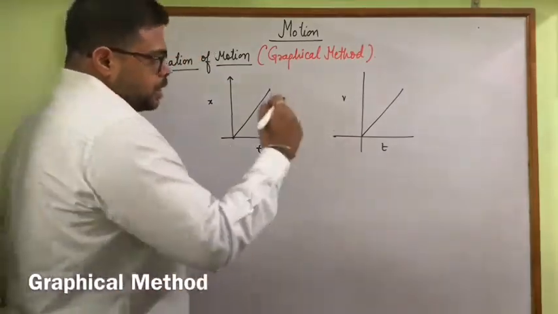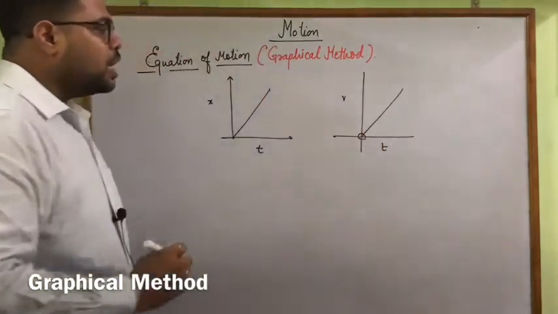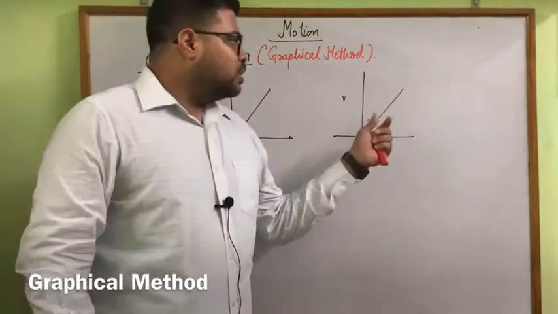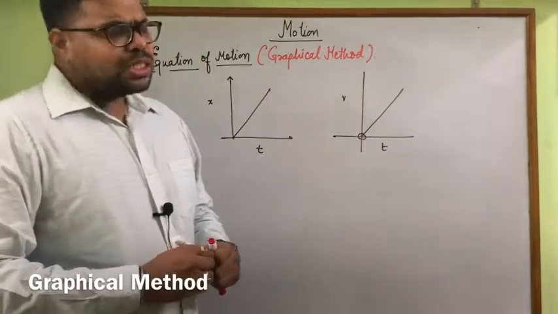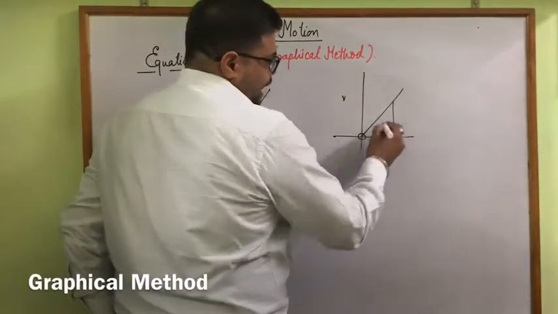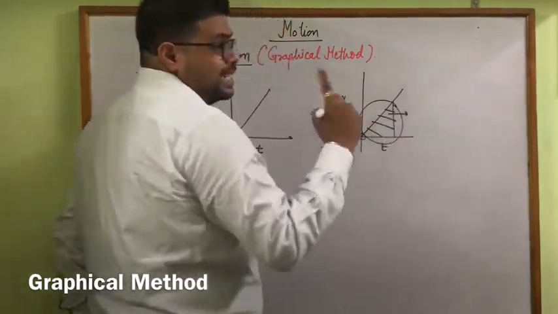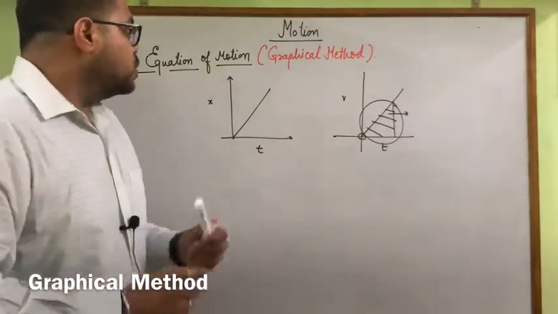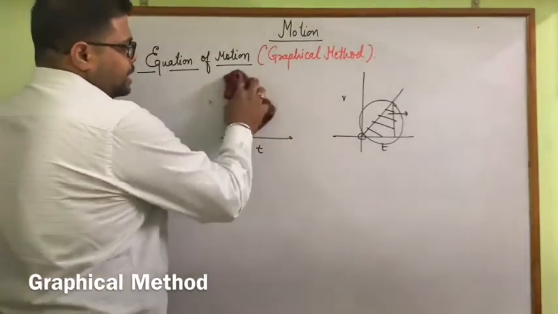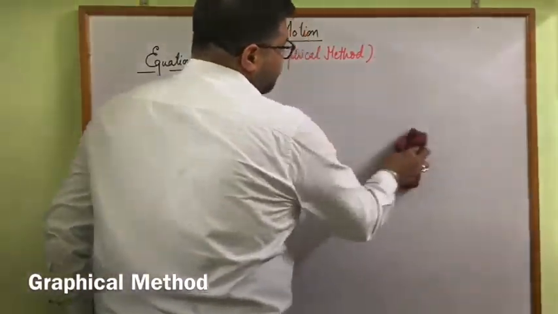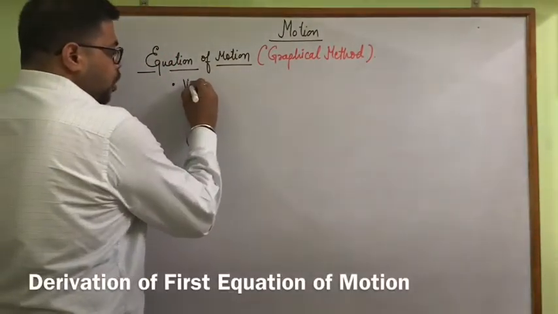Now here the particle starts the motion where the initial velocity is 0. And we know that this particular straight line describes uniform acceleration. We also know that when we find the area of this v-t or velocity-time graph, this particular area gives us displacement or distance. So now we start to derive the first relation, and this first relation is known as the velocity-time relation.